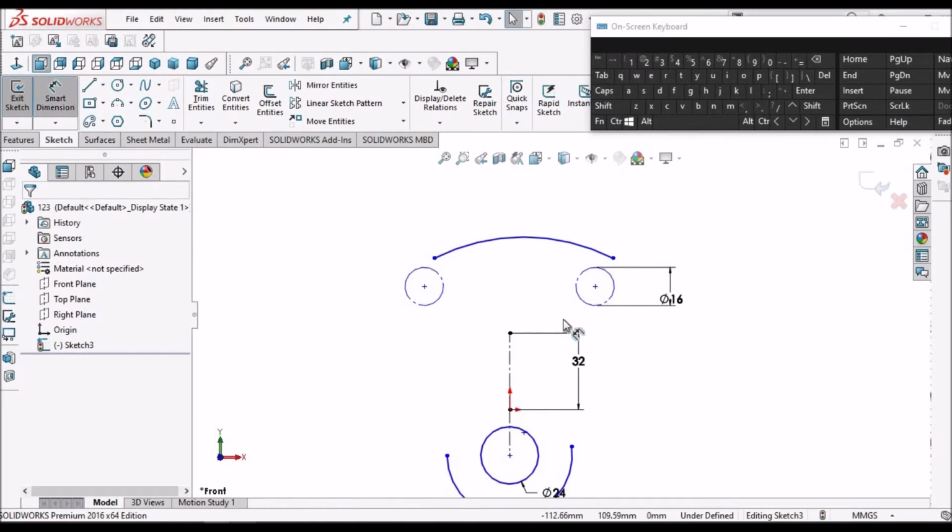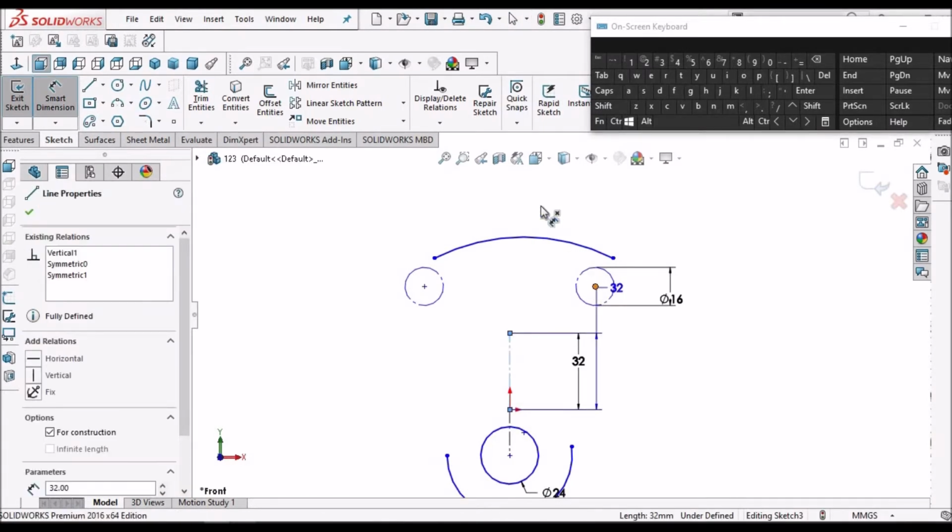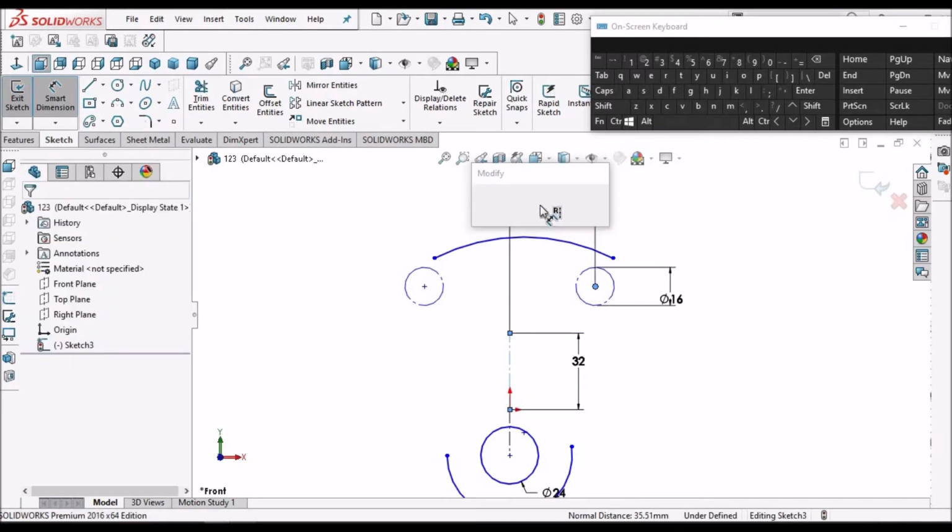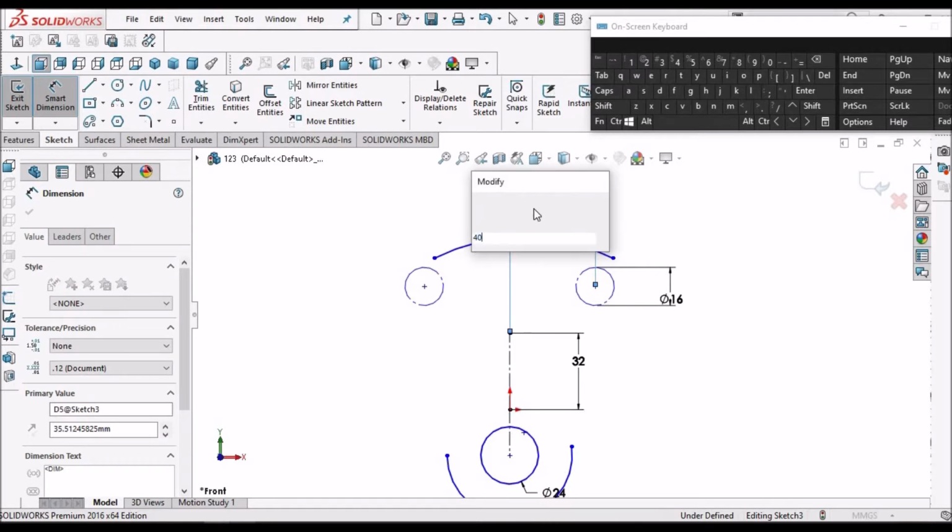So the distance between center line and this center of the circle is 40. Say OK.